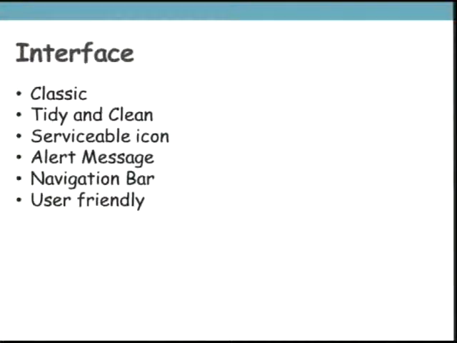So, for our user interface, unlike the previous version of IVLE, we use classic colors, black and white, as our main theme. And, of course, we'll still have some striking and useful icons on the page. Alert messages and navigation bars are used to make our app more user-friendly. So, let's see some